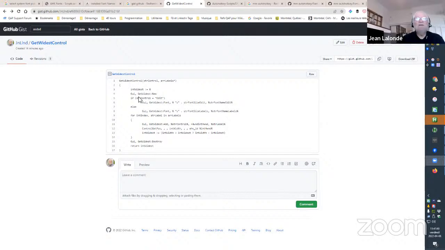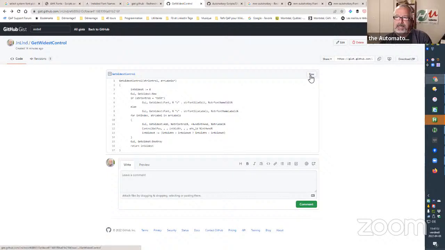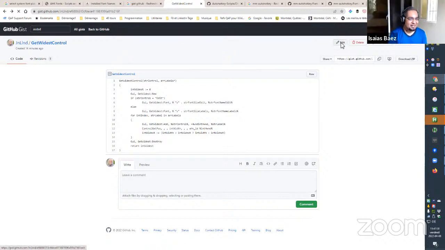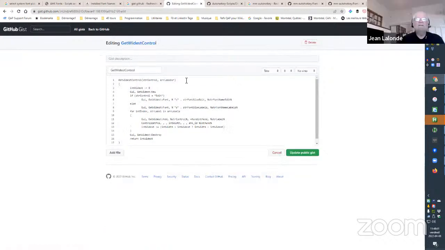Okay, so I created one just to give access to the snippet of the function to get the widest control. How can I edit this? It says revision 1, so I should be able to, top right, hit edit. Oh, here's the edit button. There, okay. I'll just add some comments here to help users use this.